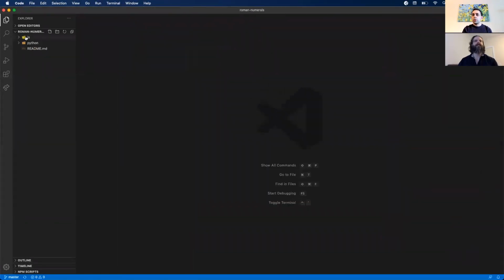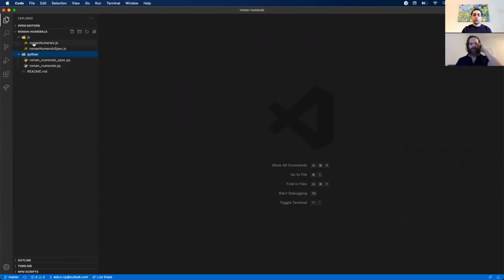All right, so this is my Roman numerals folder. Let me make that bigger. Inside, I see that there's a JS folder and a Python folder. One thing I wanted to highlight, because I think several students had an issue with this yesterday, totally understandable, it's happened to me: you want to make sure you're in the right directory when you are trying to run a